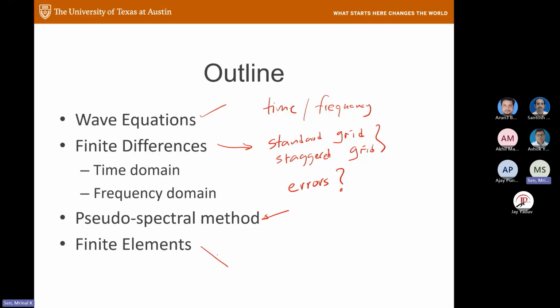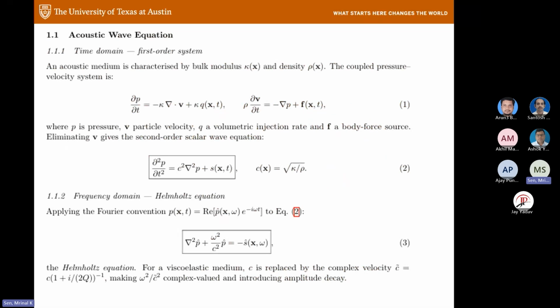And of course, there are some finite element based methods which are also slowly becoming popular. For example, in the academic earthquake seismology community, they use finite elements, but it's not so common in the exploration group. So I will try to connect that, but again briefly. So the main focus is on finite difference methods. Okay,